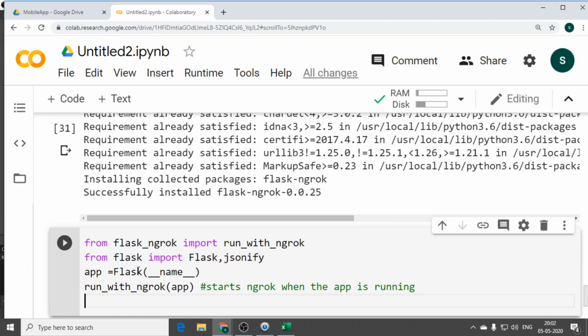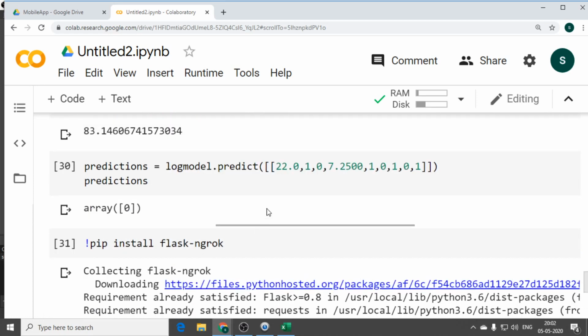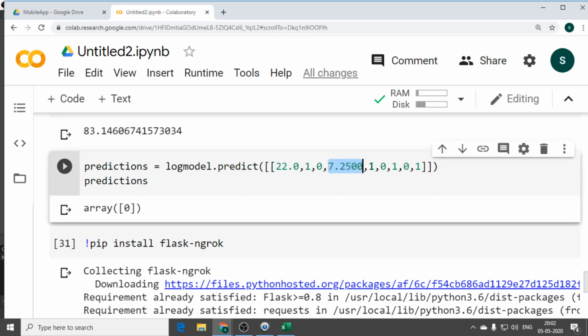Then I'll give routing, because routing is nothing but, if you go for amazon.com, you go for the home page, amazon.com/home, profile. So for that purpose, you go for routing. That is nothing but transferring from one URL to another, from one page to another page. So here, what is my routing? What are my inputs here? You can see age column, whether they are having siblings or spouse, parents or children, fare, which class they are traveling, what is their gender and what is their place, right?